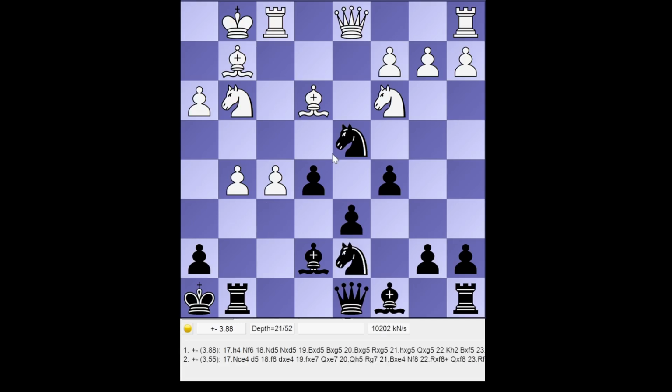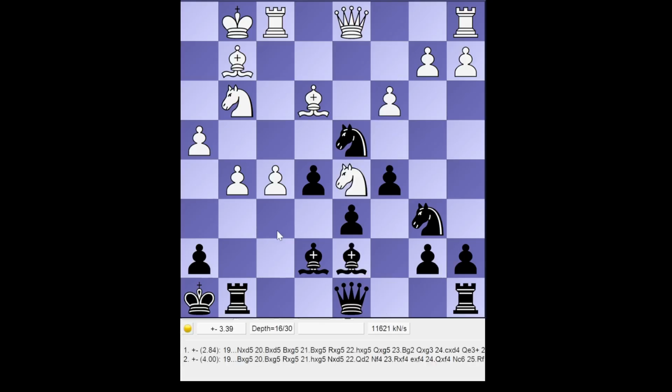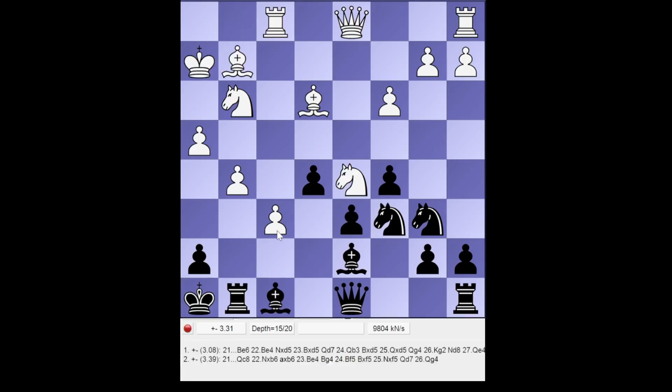But he did make a slip at some point. Let's see where that was. Okay, he can bring the queen in. Yeah, and that's what he should be doing, because then he just has this g6 move and it's pretty much game over. But he didn't do that. That is also winning, as a matter of fact. Okay, here